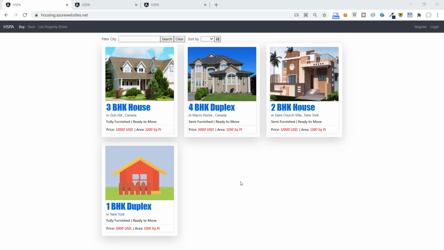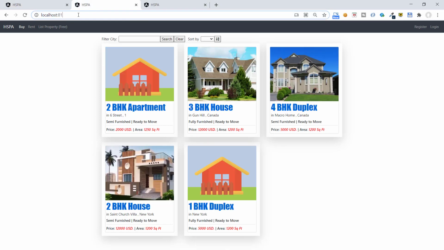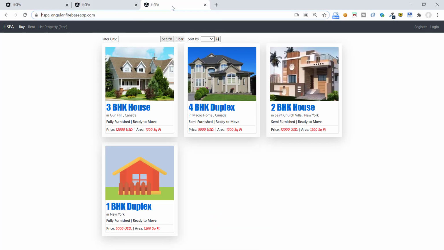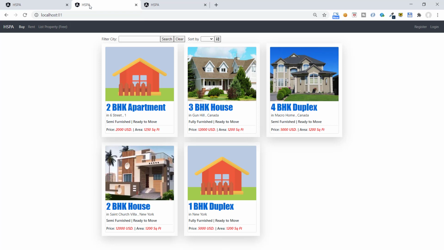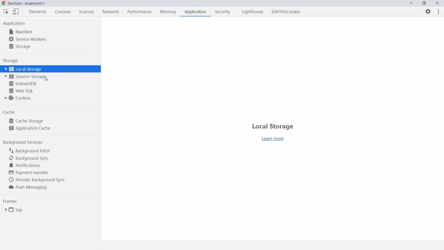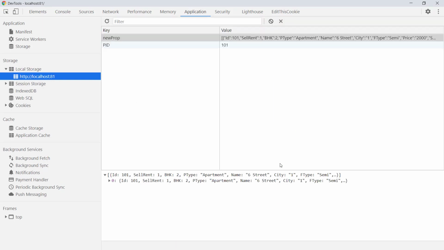So we have completed session 2 on Web API in our previous video and successfully hosted the application and API on Azure and IIS. Also we have hosted Angular application on Firebase as well in session 1. Now it is time to extend our Angular application to make it a full-fledged property dealing application that we can sell as a product. At present, we are using local browser storage to add new properties and registering a user.